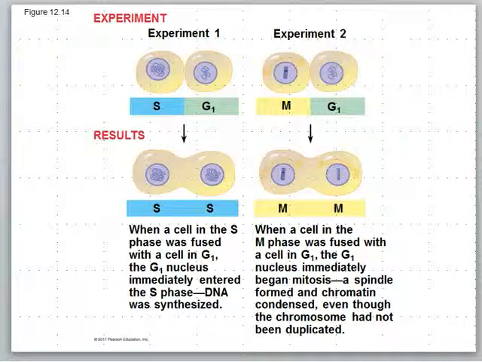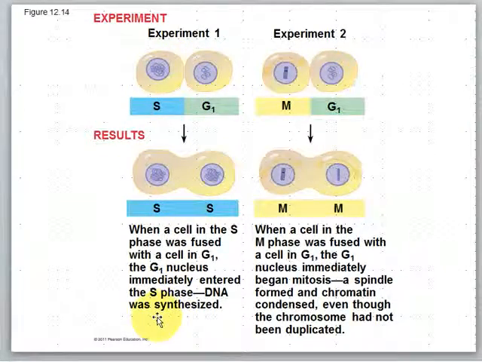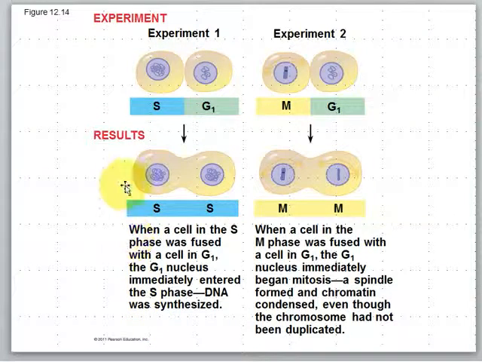In these different experiments, for example in experiment 1, they took a cell that was in the S phase and a cell in the G1 phase. And you can see slight differences there. The S phase, remember, is where they have synthesized or replicated the DNA. They fused those cells together. And then a short time later, they came back to take a look. And at this point, both of these cells were now in the S phase.